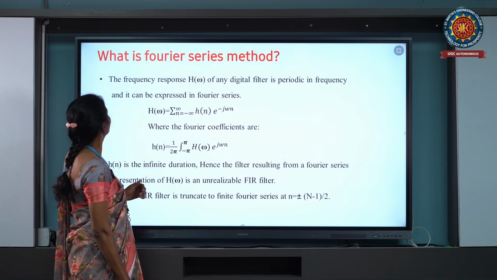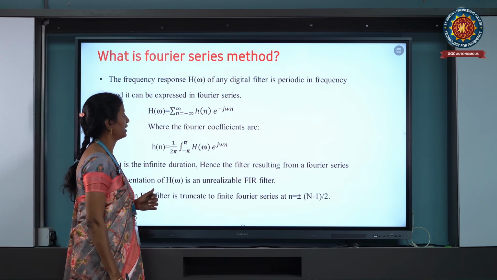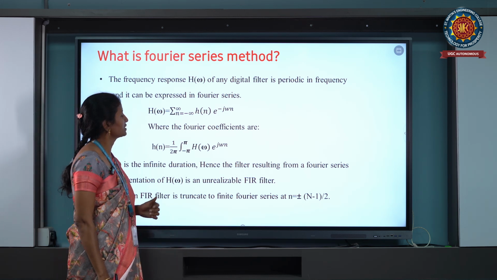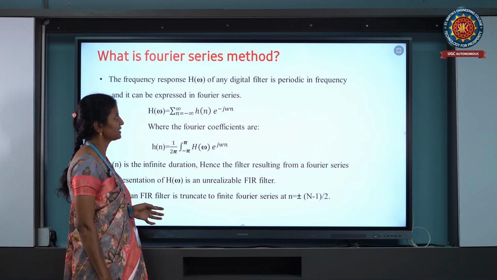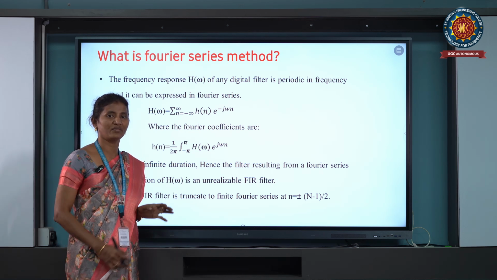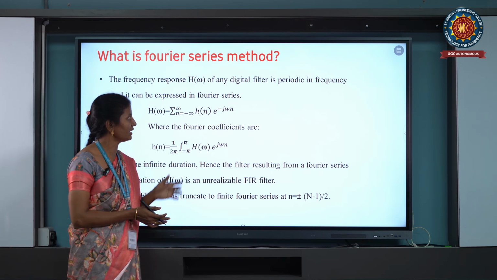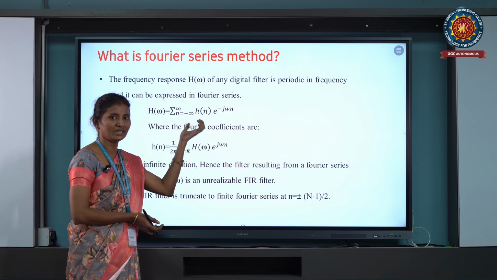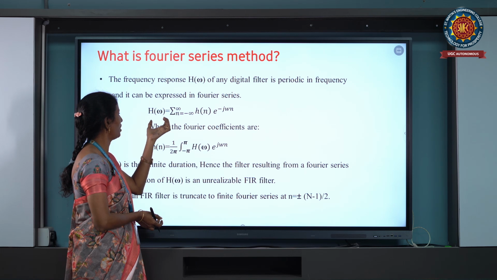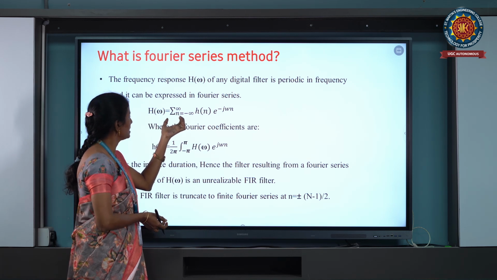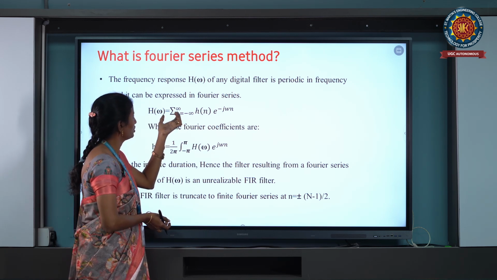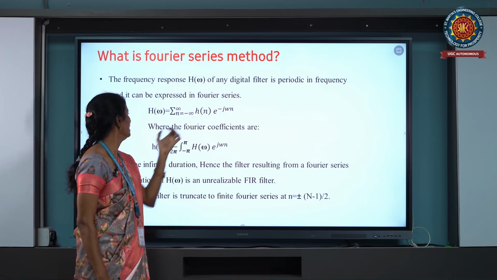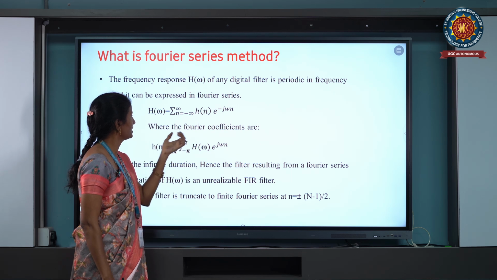The next topic: what is the Fourier series method? The frequency response H of omega is periodic in digital filters. It can be expressed as a Fourier series: H of omega is equal to sigma n equals minus infinity to plus infinity H of n into e power minus j omega n, where the Fourier coefficients are,